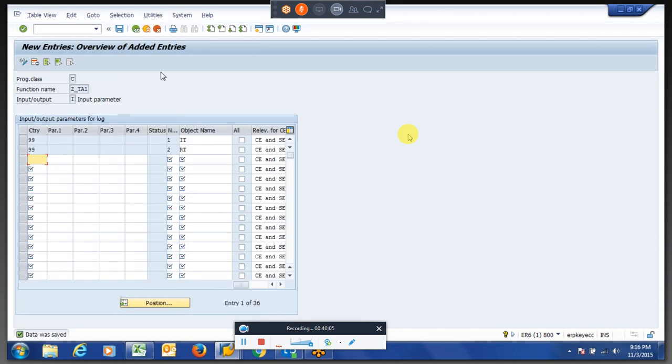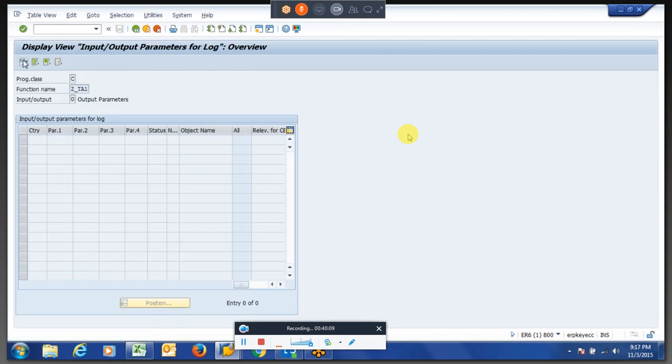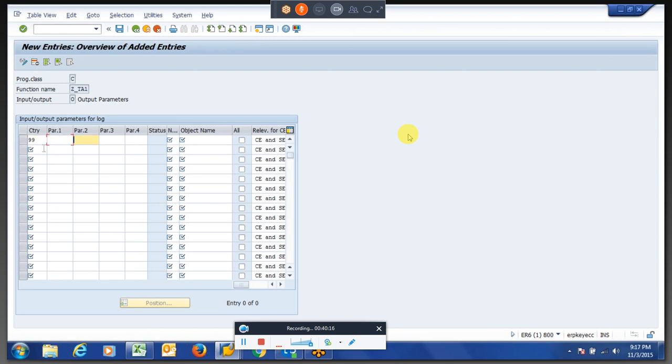Then you have to define the output parameters as well. If you want to see the output, go to change and then new entries, and I give the same values.